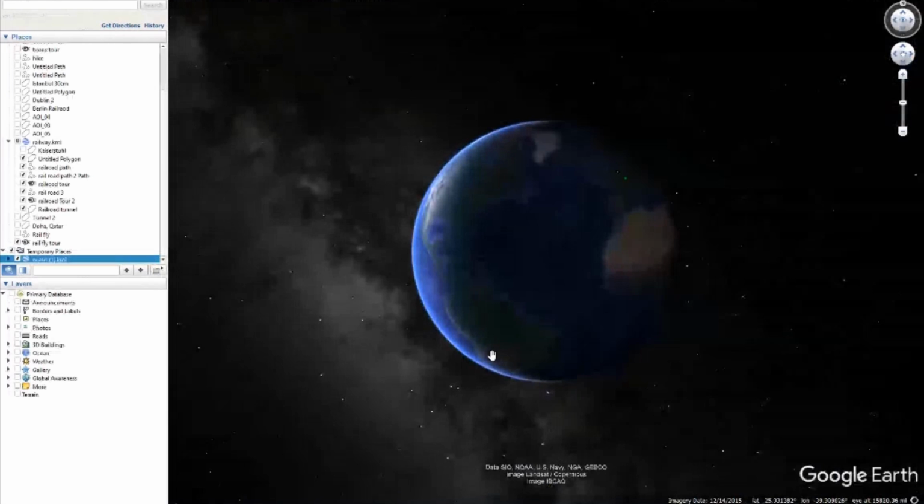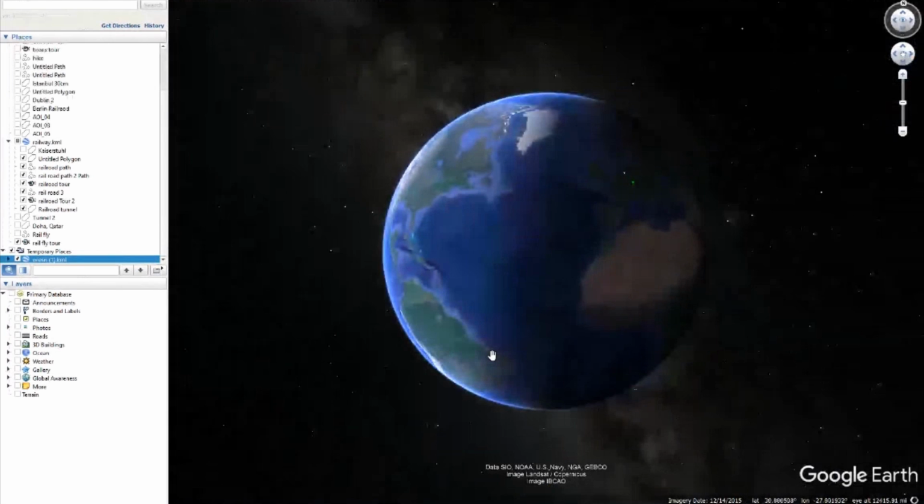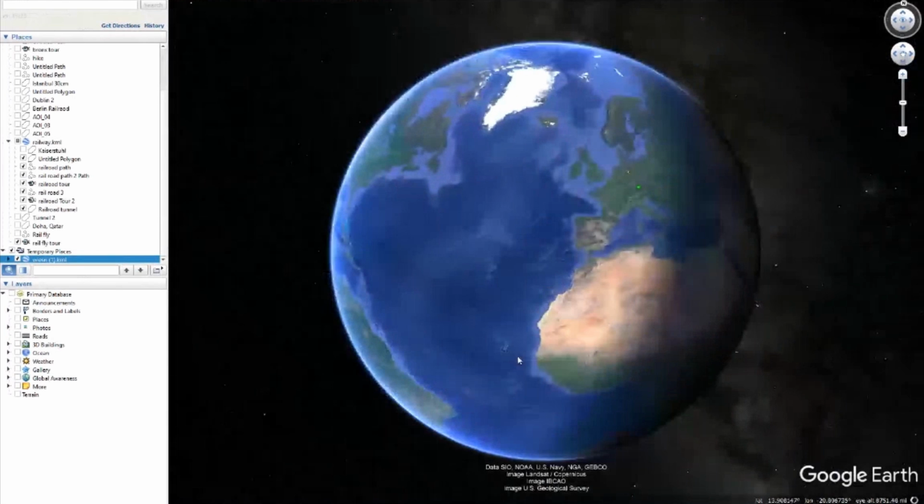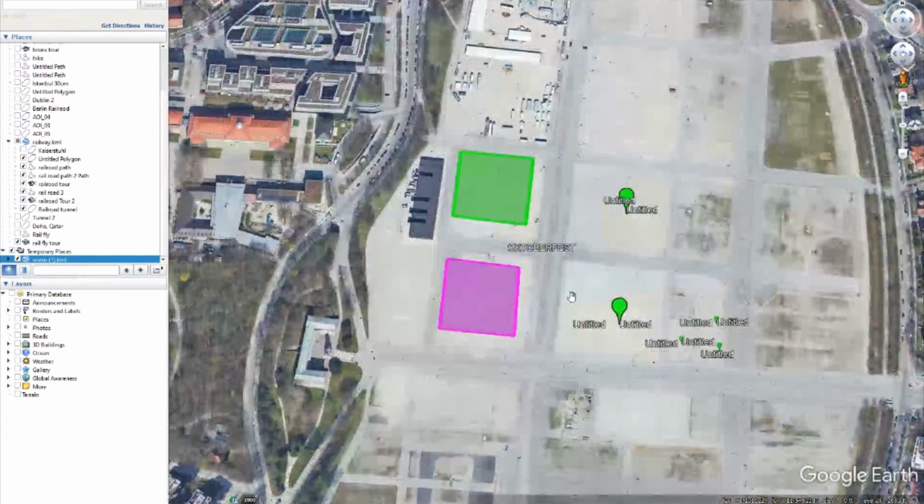We can see the result. So we see that the result is exactly what I digitized within the interface. So now we can share that with colleagues, for example.